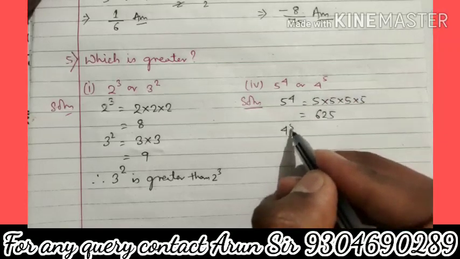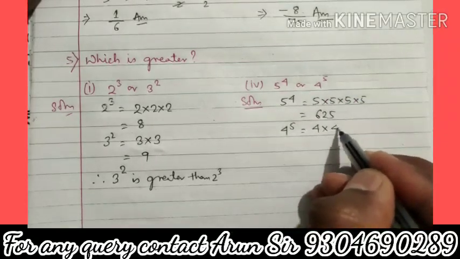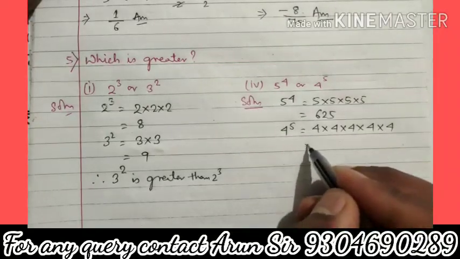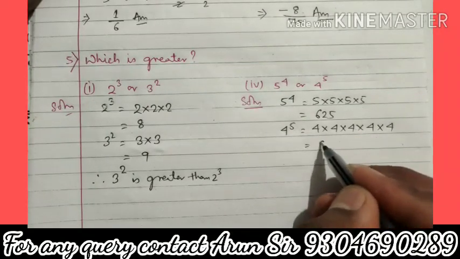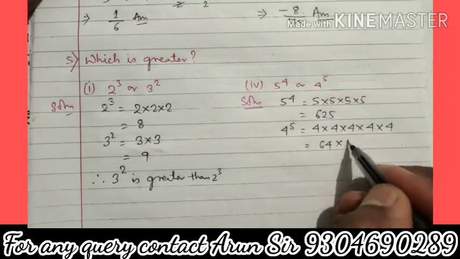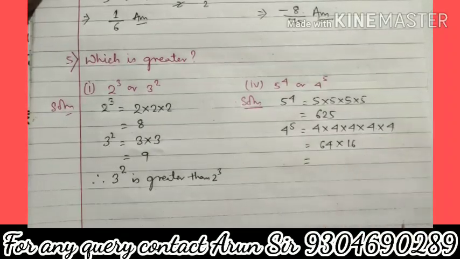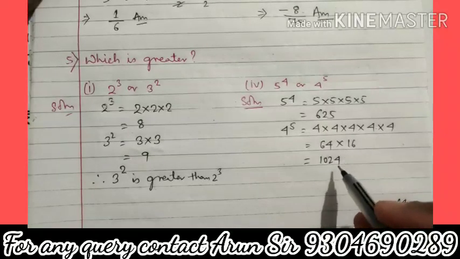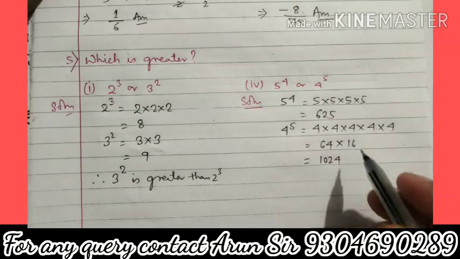Now we will calculate 4 to the power 5. Here 4 will be multiplied 5 times. Now we will calculate 4 4 ja 16, 16 4 ja 64, and again 4 4 ja 16. We have to multiply it. Let us see by multiplying 64 multiplied by 16. 6 4 ja 24, 2 36, 2 38, 64. 4 8 4 12, 2 carry 1, 6 1 7, 8 9. It's 1024. We can clearly see that 1024 is greater than 625.